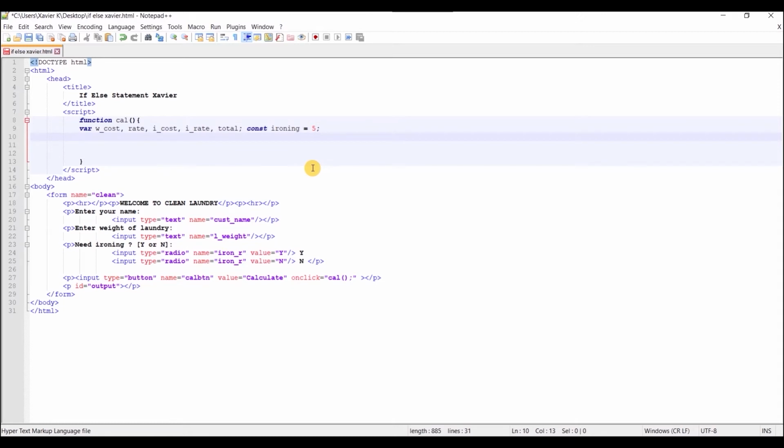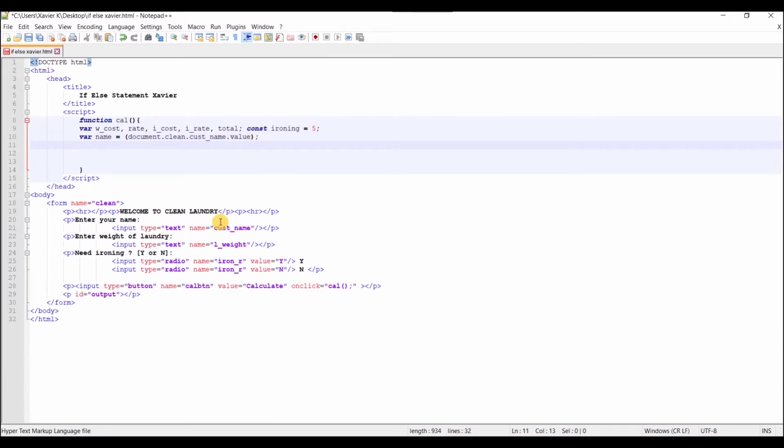So we will start with the customer name, so we will just call it as a variable, and we put a variable name for it, equals to document dot the form name, so it will be clean, and then the input name, which will be cus_name dot value. Alright, semicolon,